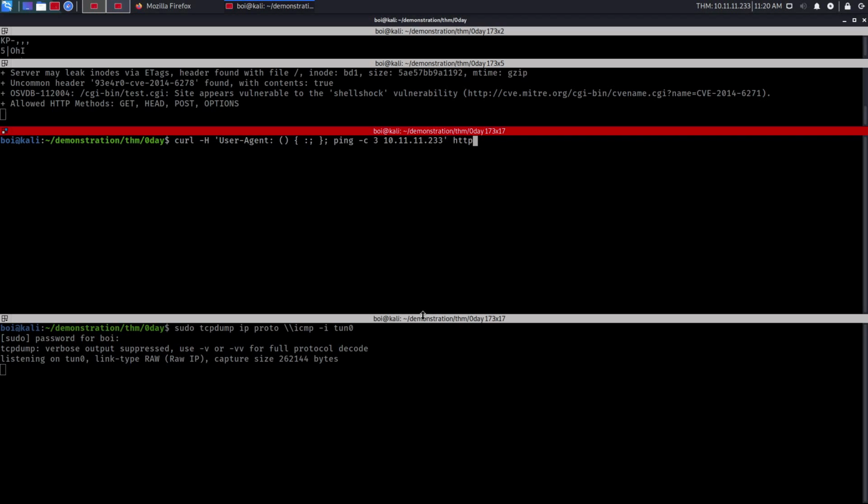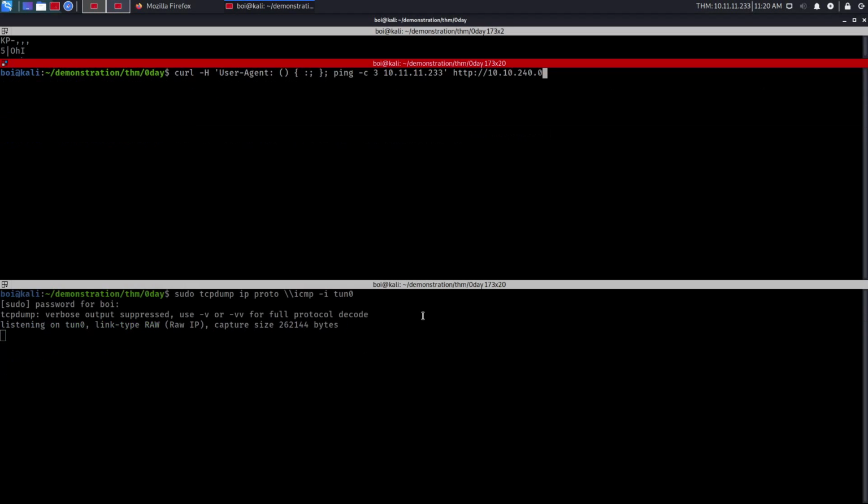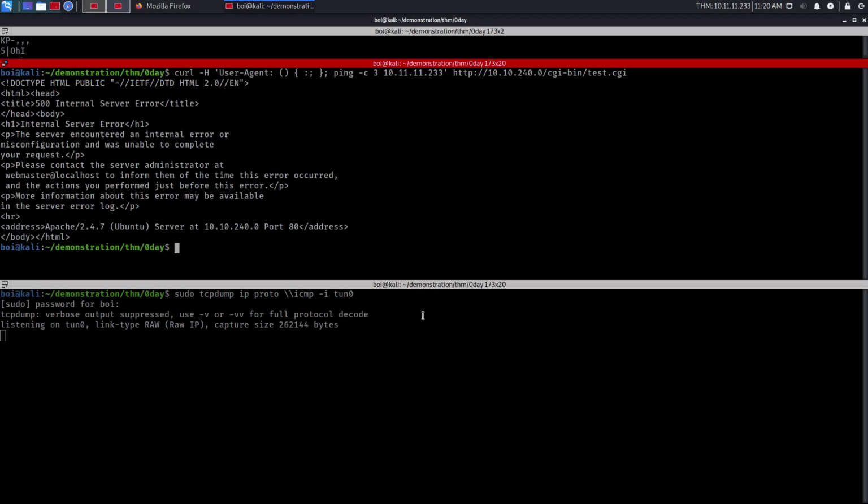And then the address of the page which I want to visit. I think I can now close the Nikto scan. Okay. cgi-bin, test.cgi. Wait a minute. /bin/ping.